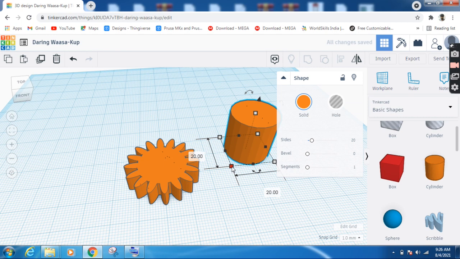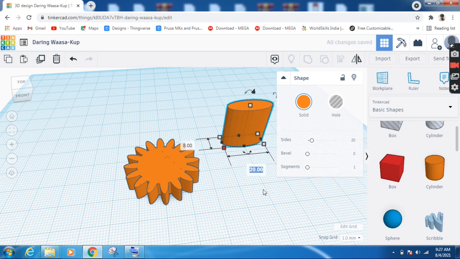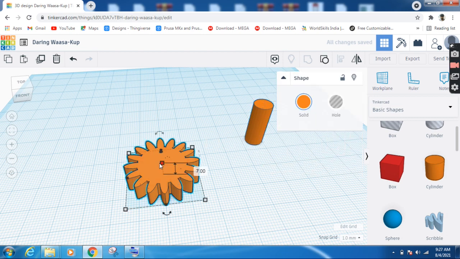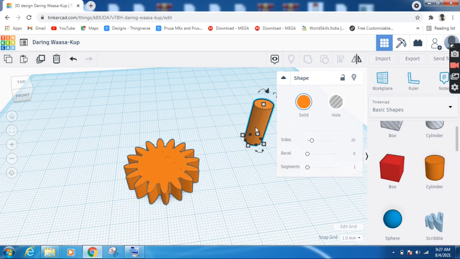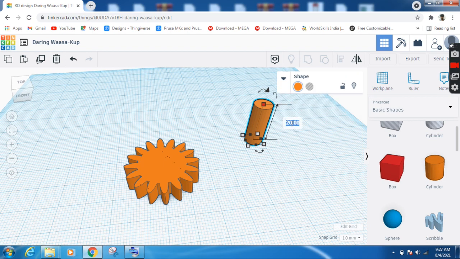Okay, now what I'm going to do, I'm going to reduce the diameter. I will take a diameter of 8. Let me click here and I will change both into 8. Now you see that I have got a diameter of 8. Now you see that this one has a height of 7, so I'm going to keep this height at 10. Let me click here, hide this, and change that to 10. Okay, I'll take 10. Let me click out. Now I have 10 on this one.